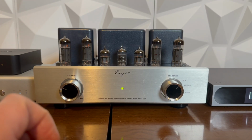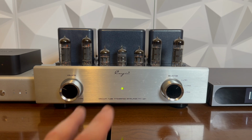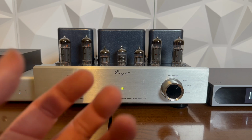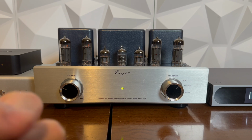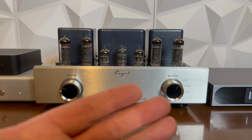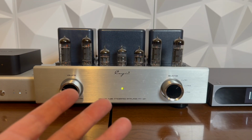It's pretty good, and it's not like, let's say, a KT88. It's not like a 300B, EL80 or EL34. All those other tubes have some kind of mid-range warmth, or some ooey gooey kind of sound that tube lovers love. And yes, it's great, but the EL84 is probably the best bang for your buck to get between solid state and Class A tube. It's pretty linear. EL84s are used in a lot of